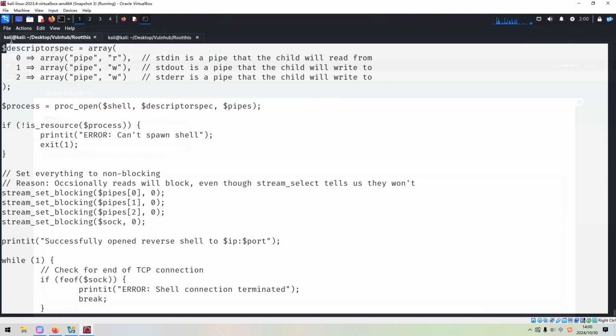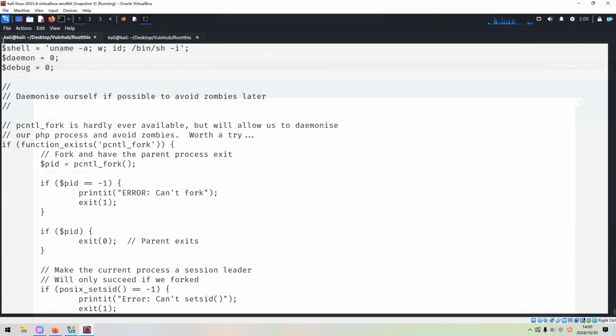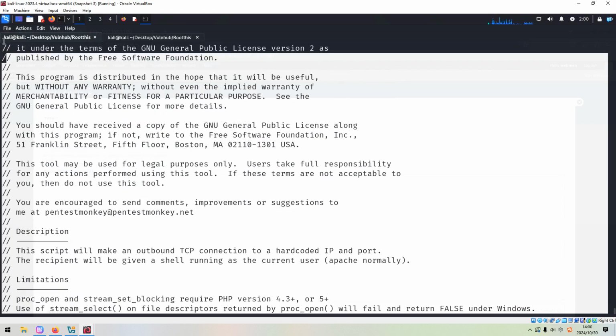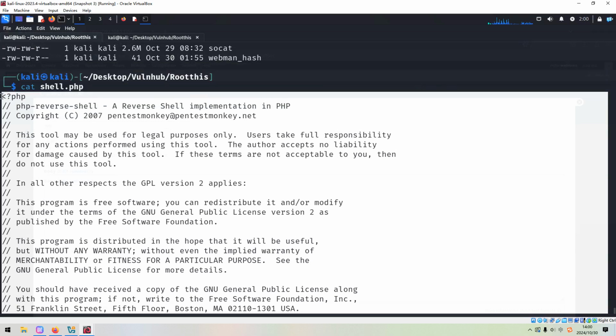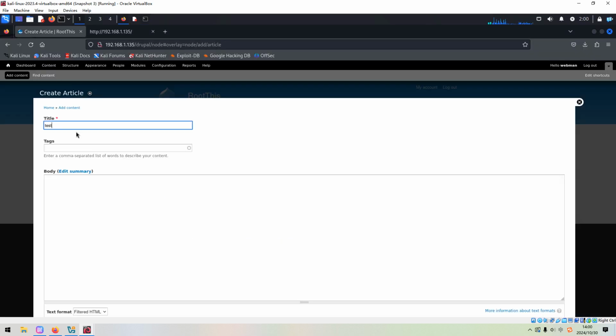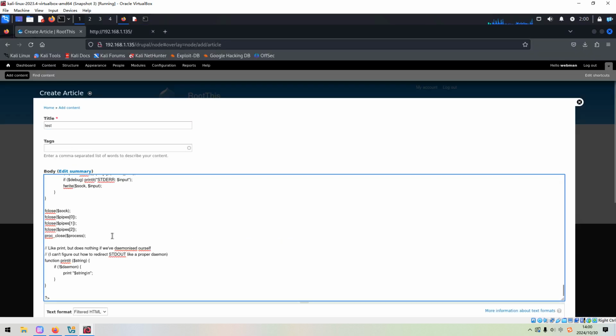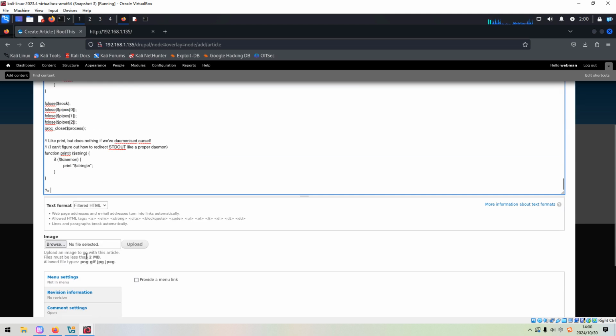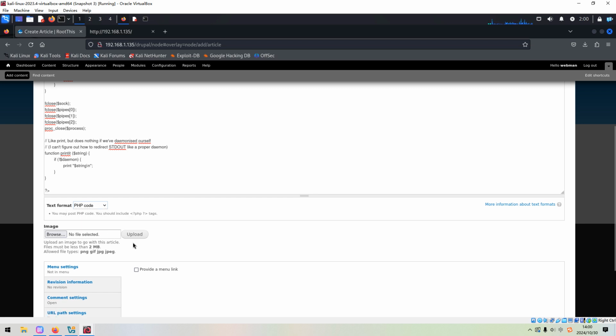We can copy the entire code of this file. Okay, paste it over here, and no need to put tags. And very important, we need to use PHP code as the format.